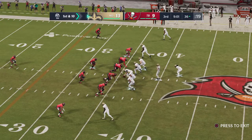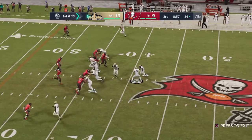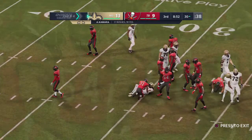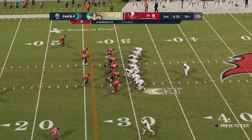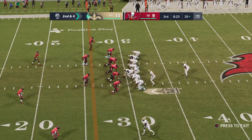So from Buccaneer territory now, it's 1st and 10 at the 36. Kamara. They'll be brought down on the 30-yard line after a gain of 6. 6 yards on that last play. Here's 2nd and 4. On the tackle. It's a pickup of 6. Brings up 2nd and 4 at the